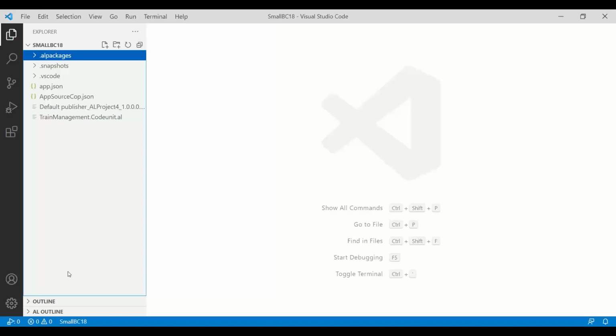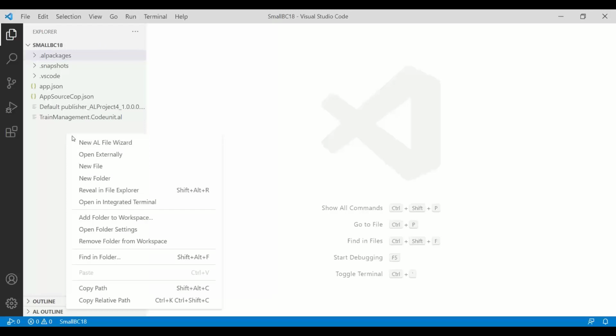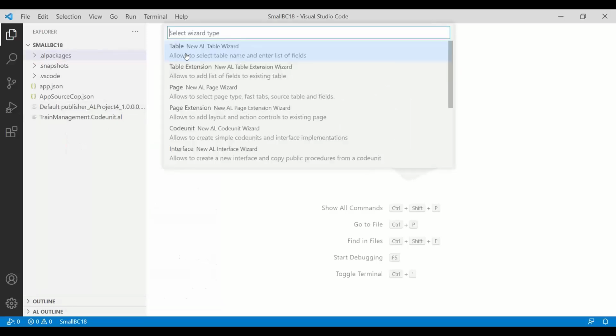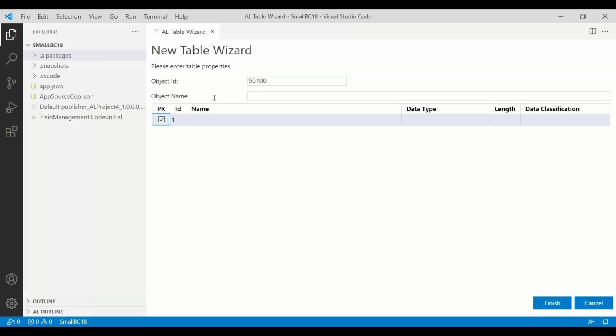First thing that I wanted to show you is the wizard. If I right-click in the Explorer, the first option that you can see in the context menu is New AL File Wizard, and this starts the object wizard that I implemented in my extension. So first, let's try to create a table. The wizard suggests the new object ID, and you can enter the object name. So let's create a train, and because I'm, let's say, implementing for a SaaS, let's add a suffix